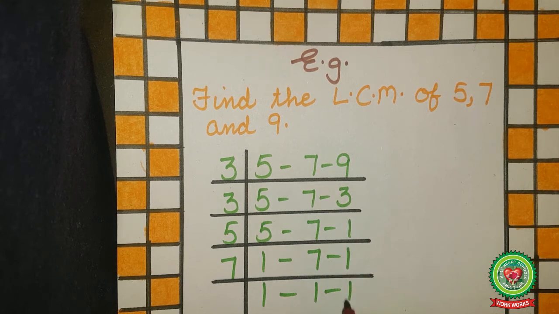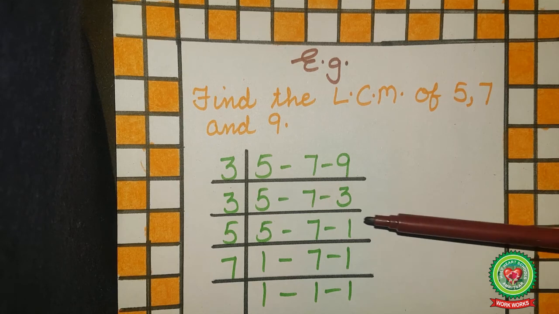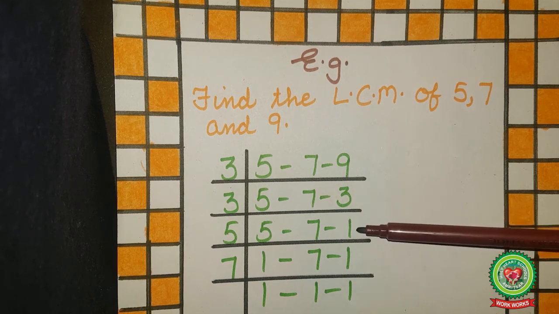Now students, 3 is a prime number. So divide 3 by 3. Right here 3. Now 5 is not divisible by 3. So bring it down as it is. In the same way, 7 is not divisible by 3. So bring it down as it is. 3 is divisible by 3. On 3 table 3 comes on 1. 3 1s are 3. So below 3 you will write 1.